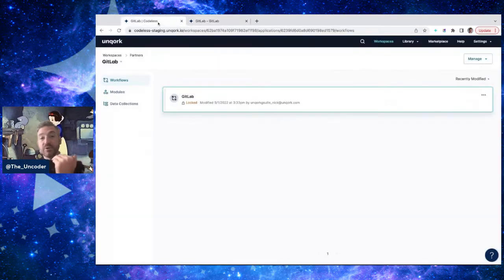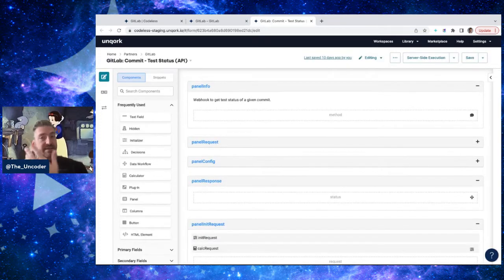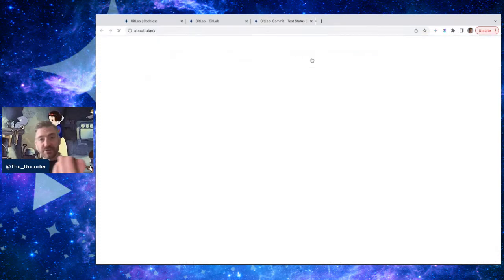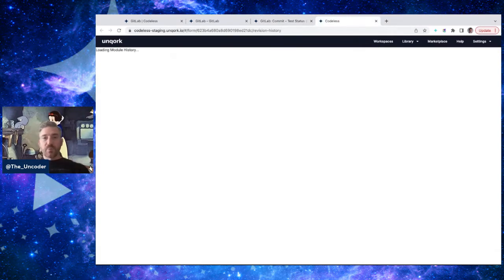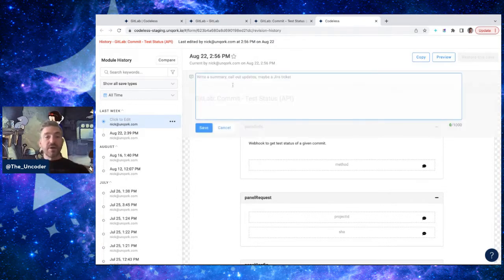Now, this is something you can do on modules, but it's not as ingrained into the saving process, right? And as a result, it doesn't get used as heavily. I imagine that's going to change over time, but I can't promise one way or another. But this is something that has always existed for modules, right? I can go back into an existing revision where they're named very similarly. I can rename it and provide a different name for it, just as I could in my workflow. I could also write a summary, call outs, links to a Jira ticket,